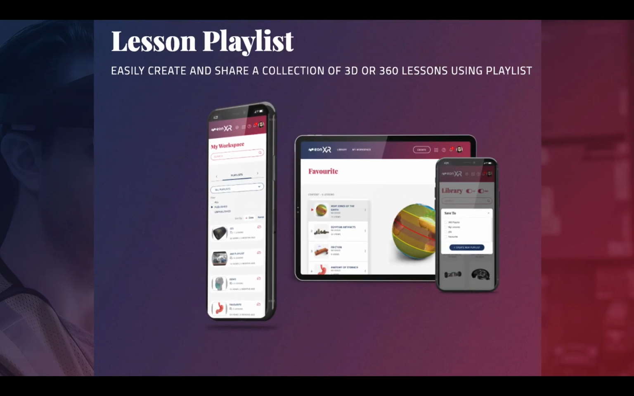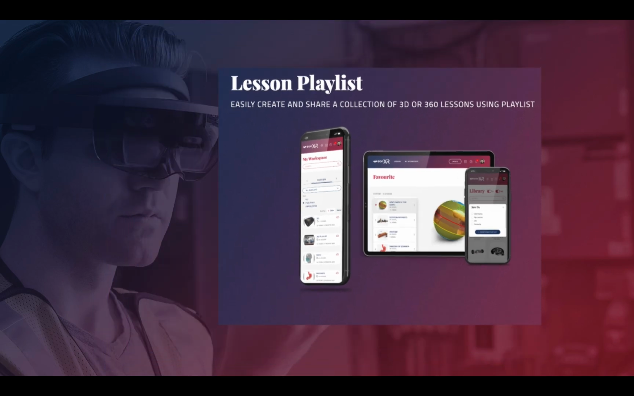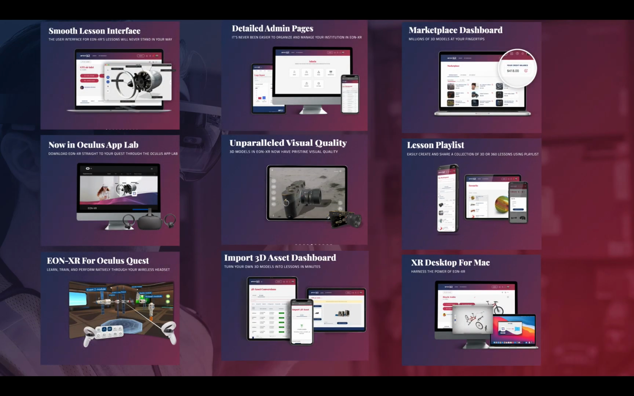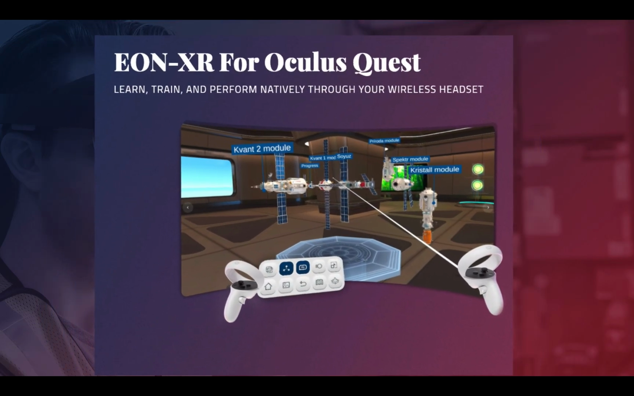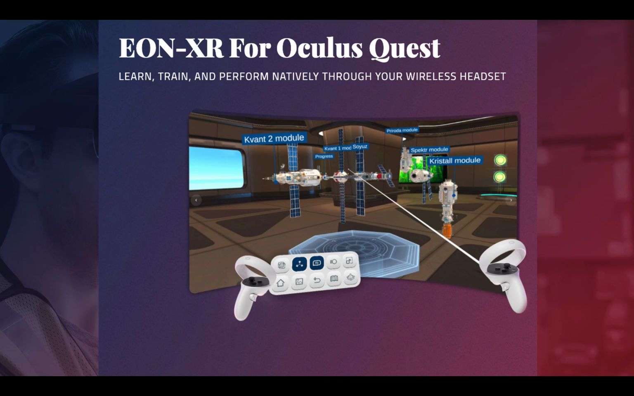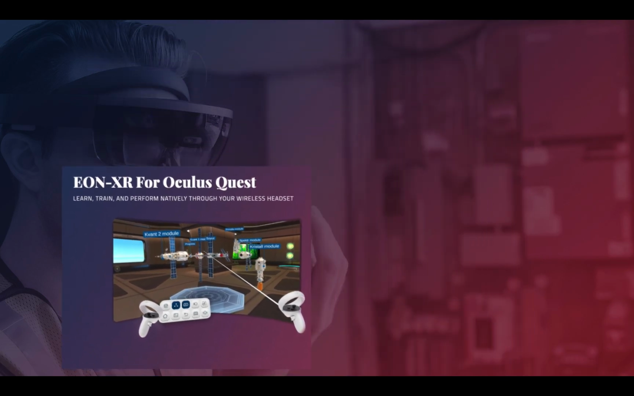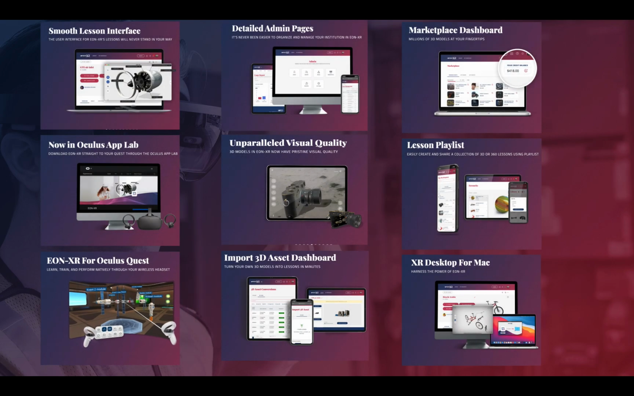Now, another thing you can do is create an XR playlist. The old name for XR experiences was lessons. We moved away from lessons because it kind of implied something that's difficult to do, but it's not. It's an XR experience, something you can do anytime. So those are playlists that you can create. As I also mentioned, we do support Oculus for Quest, Learn, Train, Perform through the wireless headset and other devices,